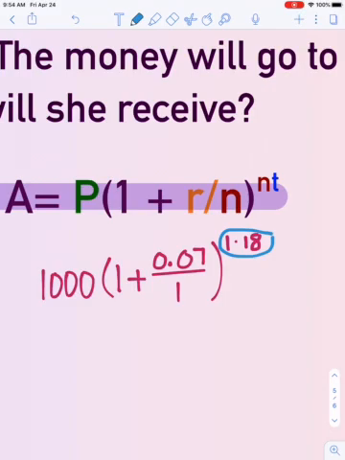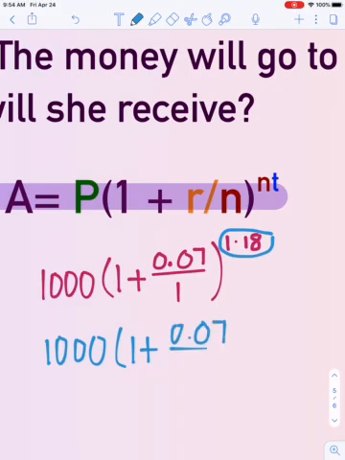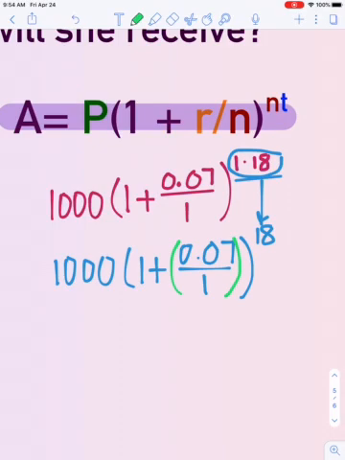You need to know what that number is because you can't do a caret and then put 2 numbers next to each other. So the 1,000 stays the same. 1 plus 0.07 divided by 1. And then up top, 1 times 18 is just 18. You just have to do this multiplication regardless of what it is to get this number before you can put it in your calculator. If you put this in your calculator all at once, that's fine. Just make sure that you put this in an extra set of parentheses so that you can do that division beforehand. Okay? Once you do that, you get